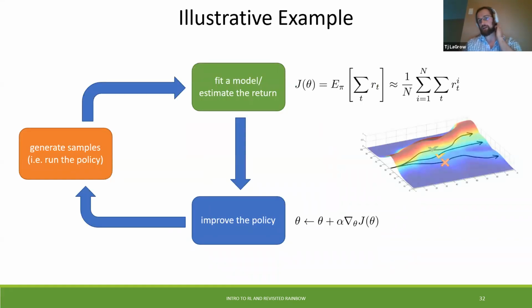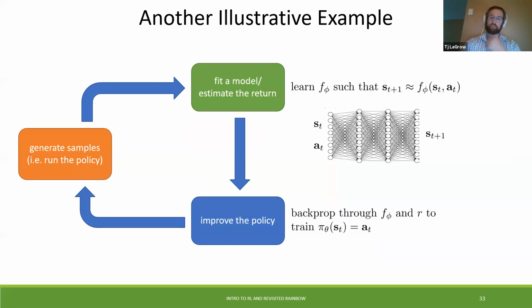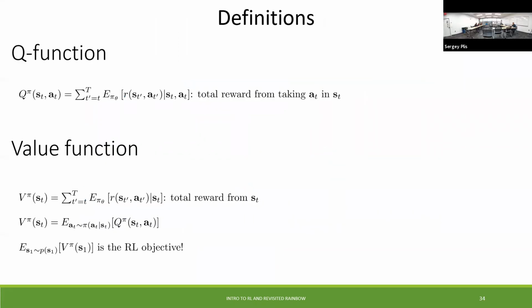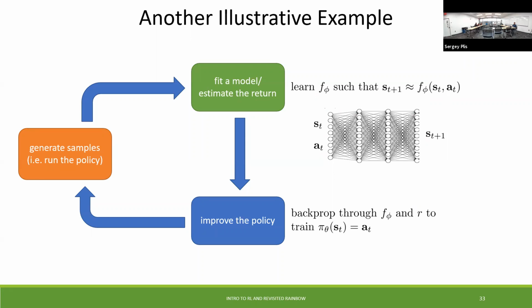If we go through the illustrated example here, we're just trying to find the highest gradient given the data, and we're going to do policy gradient to search throughout the system and find which one is going to work the best. Here we find a system of equations that fit this neural net, and then we backprop through the series of functions to train our policy given the state to get the correct action through the system. So when you say generate samples, you're actually exploring the world, actually running and driving in your car? Yes.